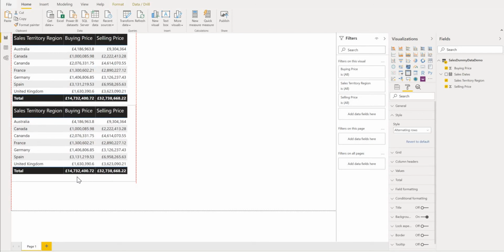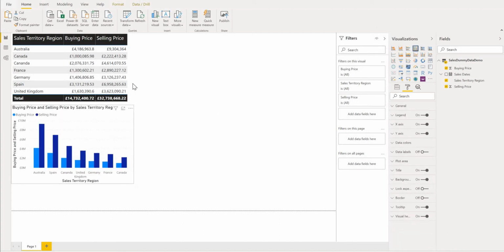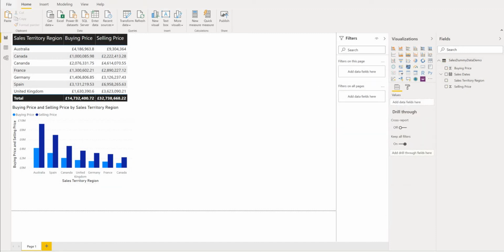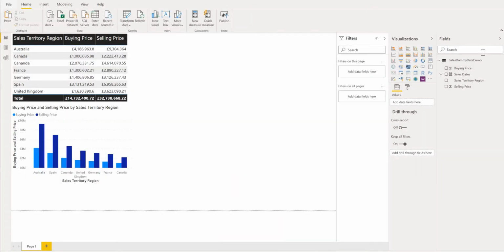That's better that way. And then what we can do now is Control C, Control V, so that's copy and paste. Then we bring our clustered chart, same data, and you can see very quickly we have transformed this data to a clustered chart. What we need to do now is a sum of these sales and buying prices. We're going to use this SUM function, and this is TS for the total sales. Let's do that. So we go here, we bring a new measure,